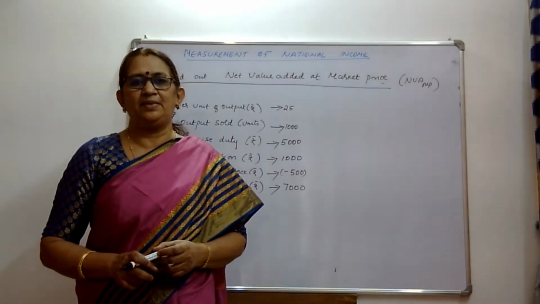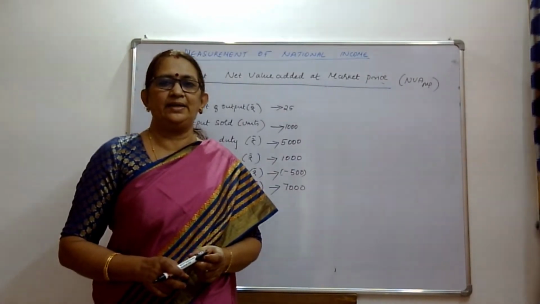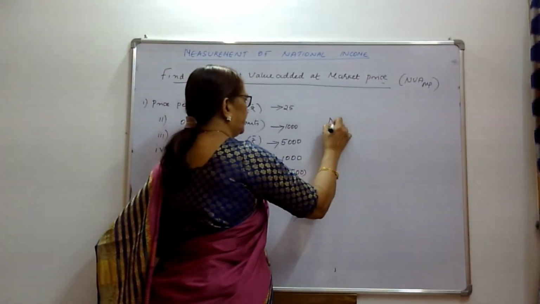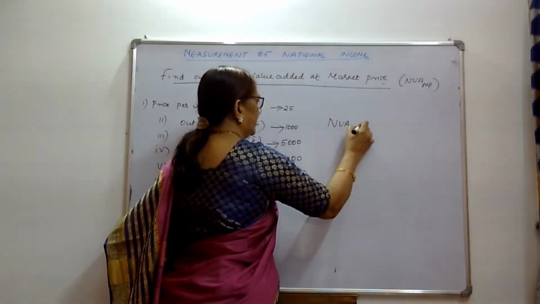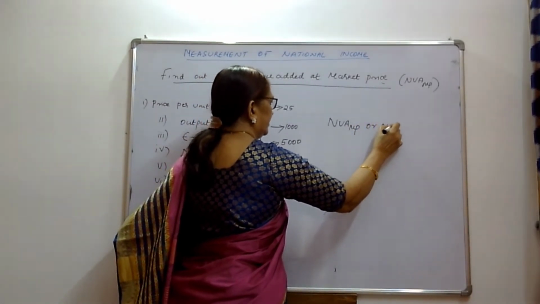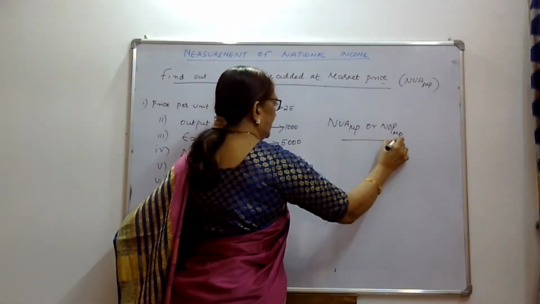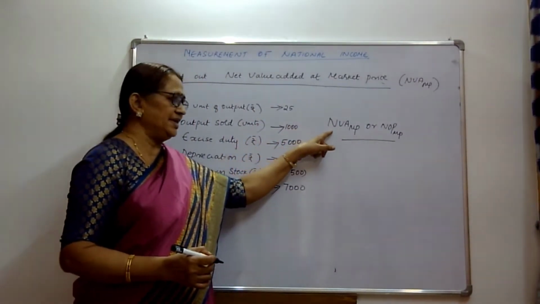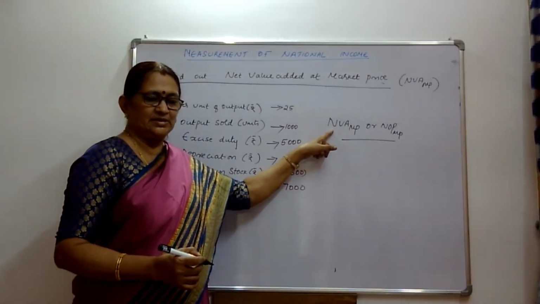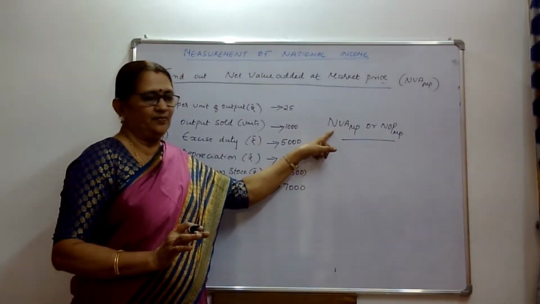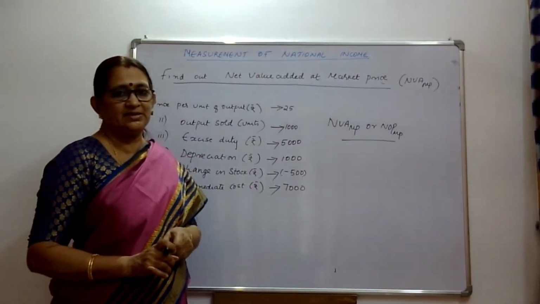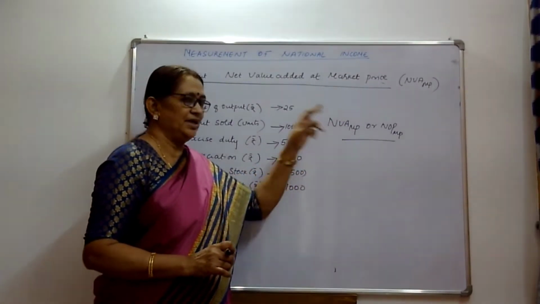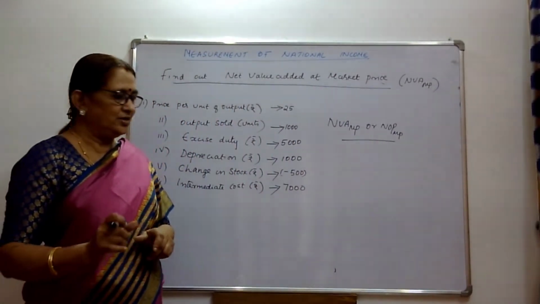Next is, from the same data, calculate net value added at market price, or NDP at market price. It is a net concept, so it does not include depreciation. It is value added, which means it does not include intermediate consumption. It is market price, so it includes net indirect tax. So